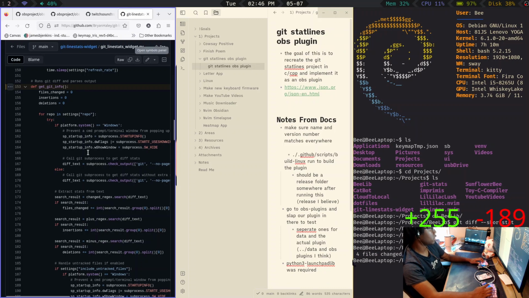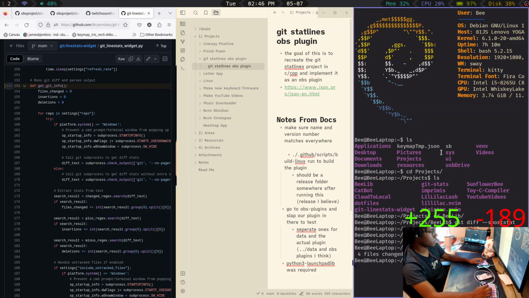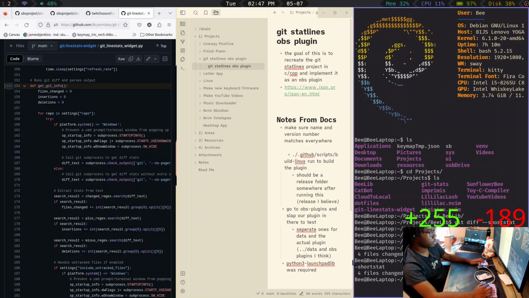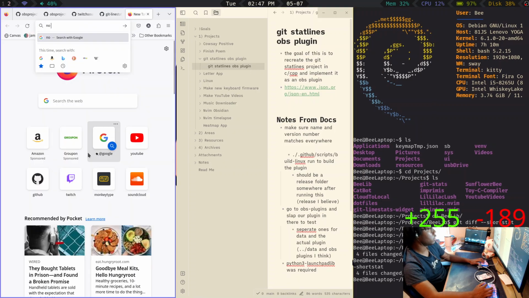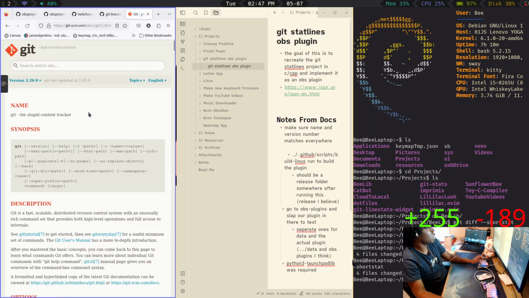Ah, okay. I see. But why does he do no pager? What does that do? No pager. It looks like the exact same thing. Yeah, what does no pager do?